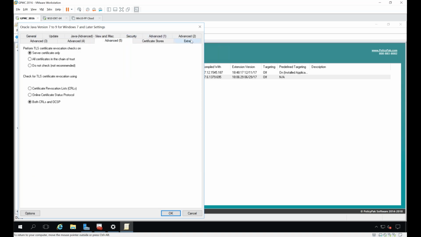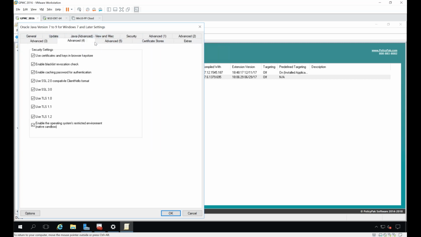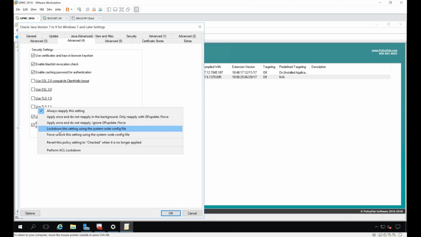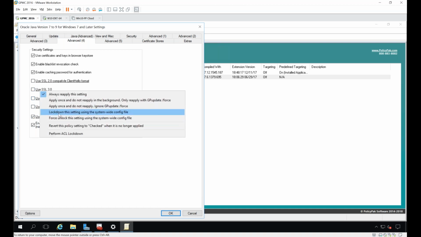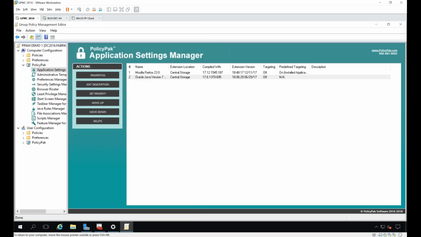And then the last thing I want to do, let's see if I can find it. Where the heck is this thing? It's under advanced. Can never find this thing. There we go. What's the most secure one nowadays? Is it TLS 1.2? Is that the guy that everybody's talking about? TLS 1.2, I think so. So we'll lock that down, and we'll go ahead and uncheck these other checkboxes so that we can't be naughty using the wrong protocols on the network. So we're doing all those Java things and locking it down.